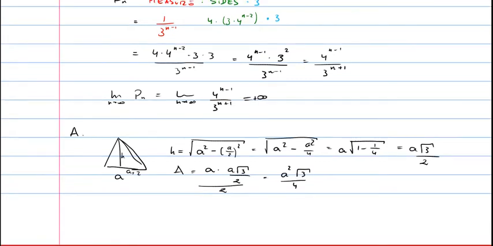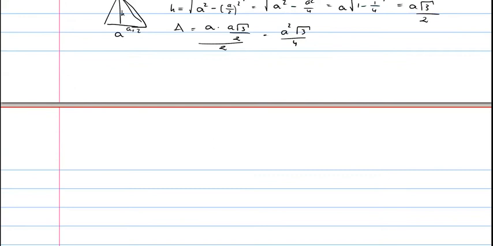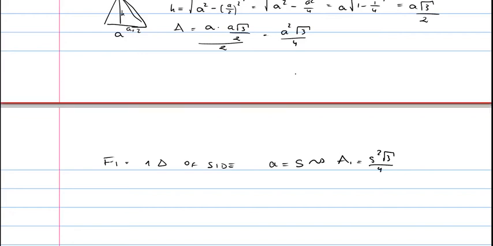Now let's think about the triangles we have. In F1 we have one triangle of sides a equal to s. The area will be A1 equal to s squared square root of 3 divided by 4, using this formula. On F2 we have